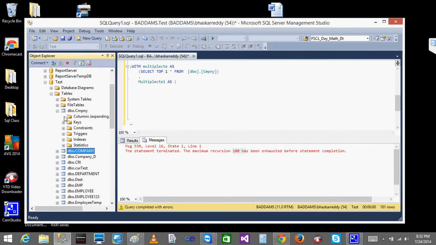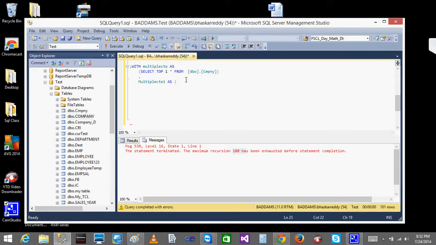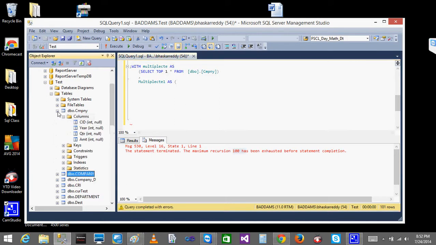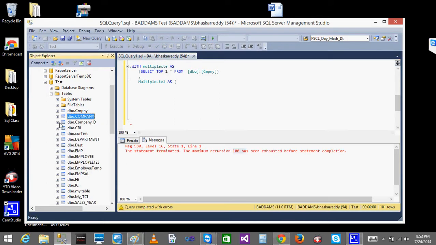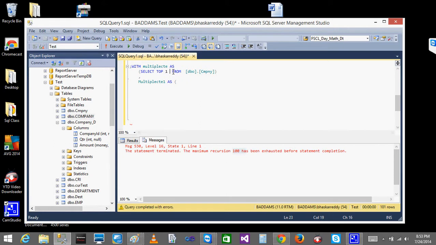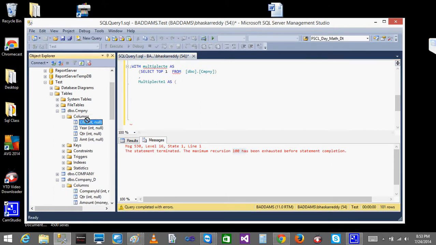This company table has the columns CID, year and quarter, and amount. What I want is CID, quarter, amount. I'll get the CID, top one, only the three columns. I just want to do a union all, to show the different thing.